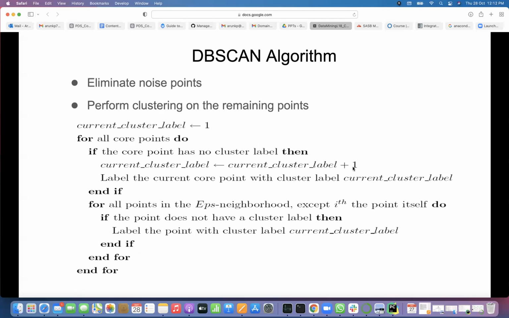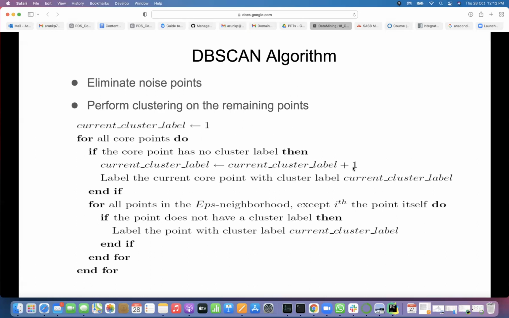Yes. You now have core points and border points. We are not worried about the border points, and noise points we removed. So in the first iteration, we will see whether there is any core point which is outside of any cluster. Initially, no cluster is formed, right? Each core point is outside of clusters.